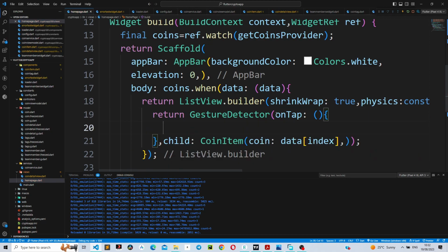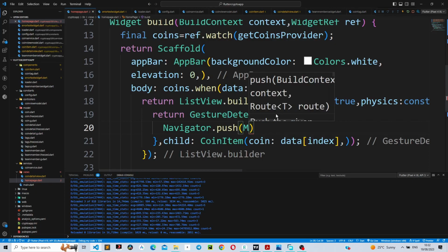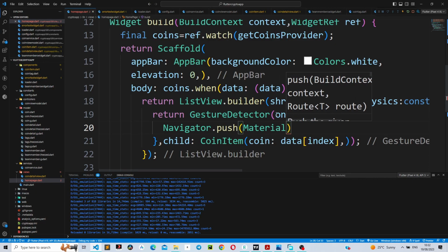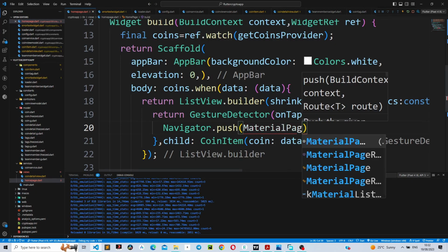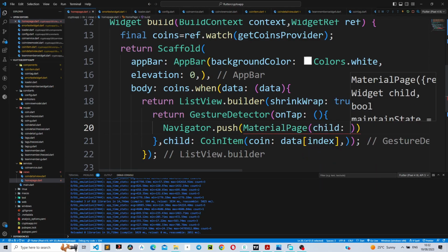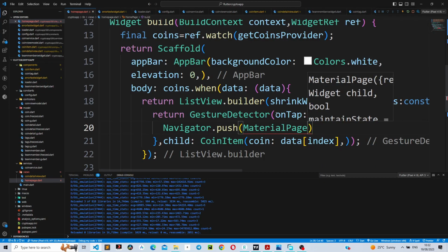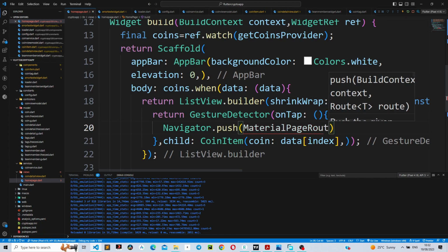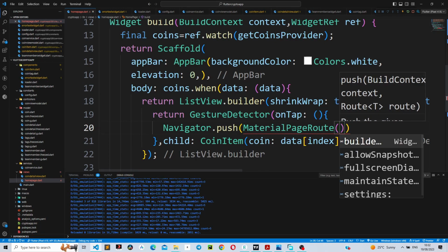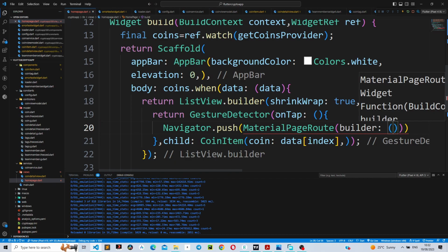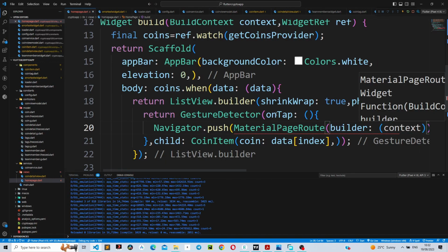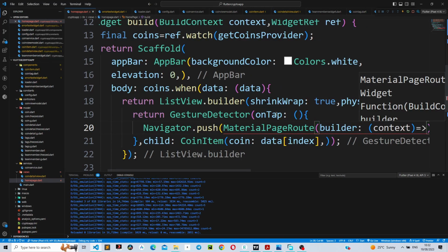And then we are just going to say Navigator dot push, material page route, like this, which is going to take in a builder, going to take in the context, and the context must return